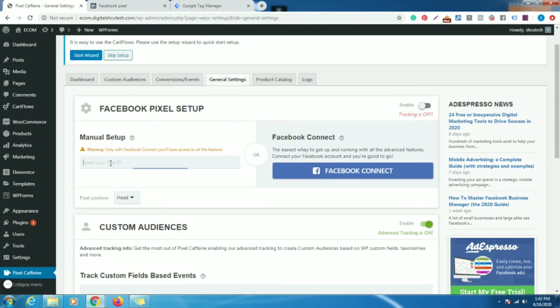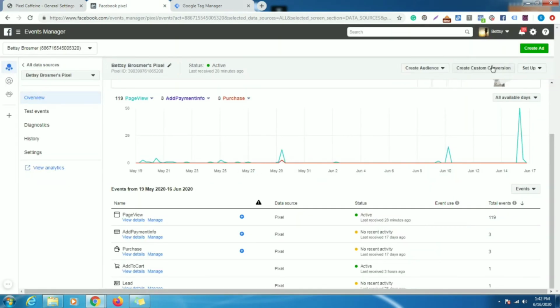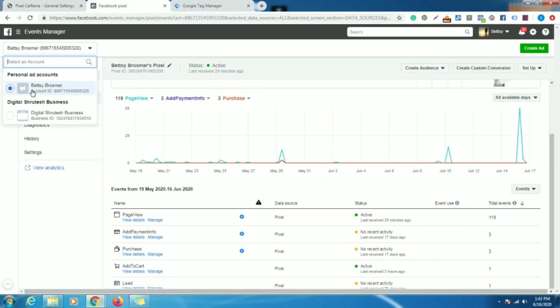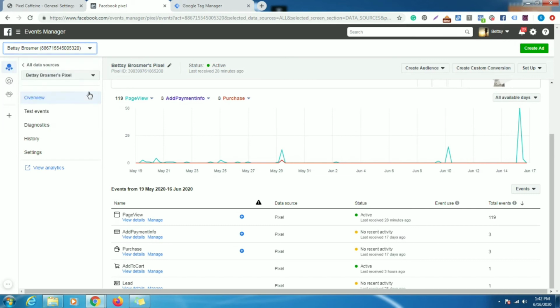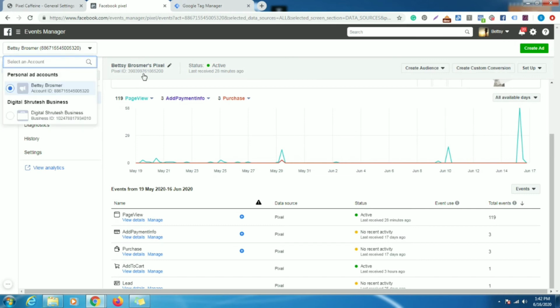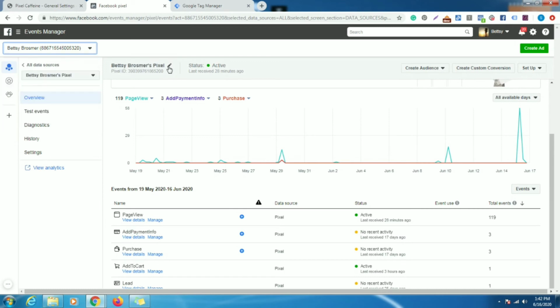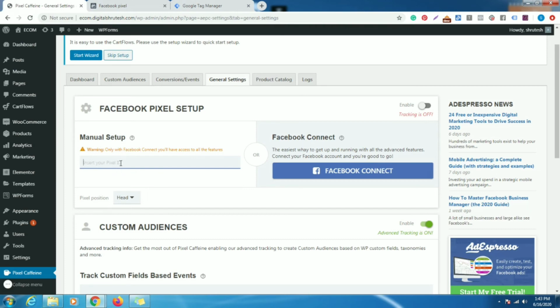Insert your pixel ID. So we will see what our pixel ID is. This one is our pixel ID, and I am going to edit it. Okay, so this one is our pixel ID. Copy it, go to Pixel Caffeine and paste it.